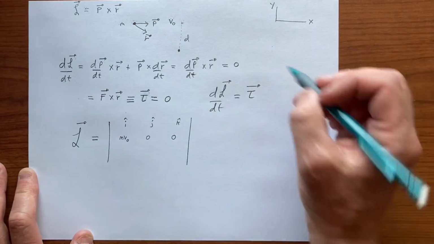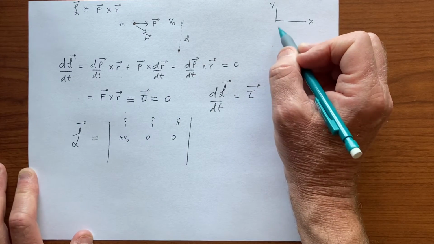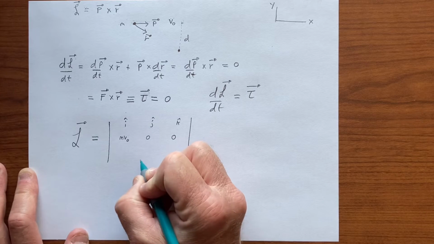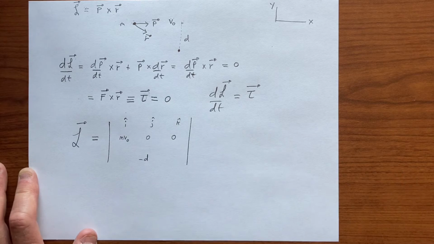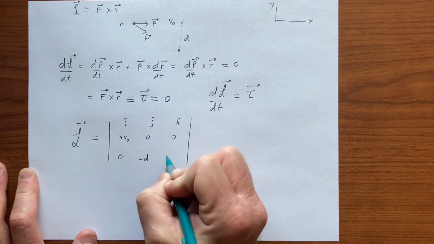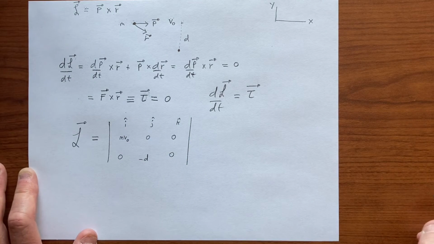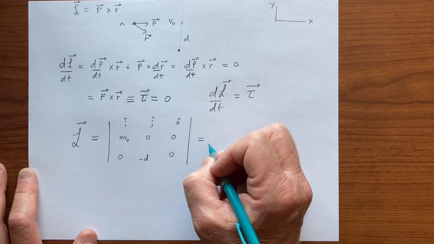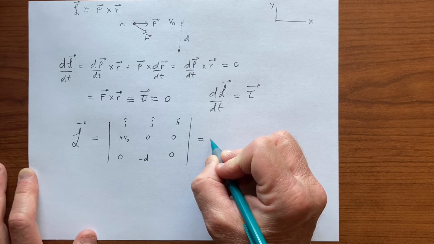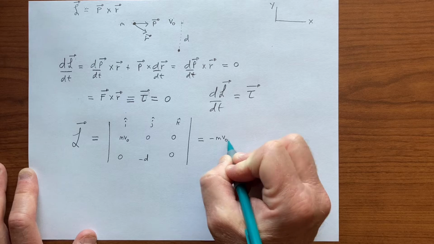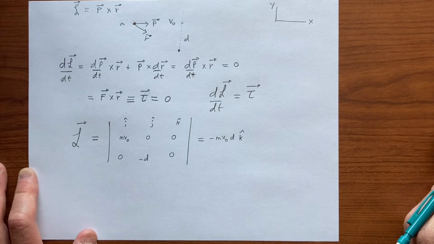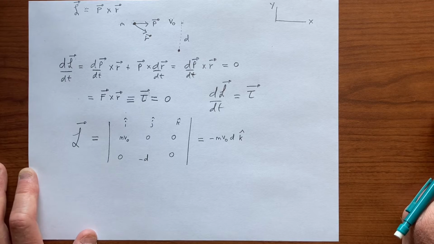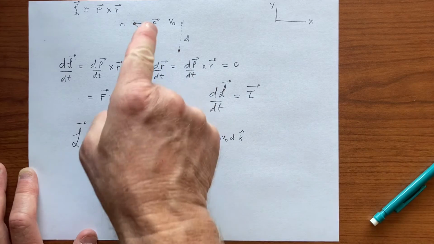And of course, it must be true everywhere. So that's a minus j hat. So it's minus d j hat. And so this is 0, and this is 0. And this gives us minus m v naught d k hat,